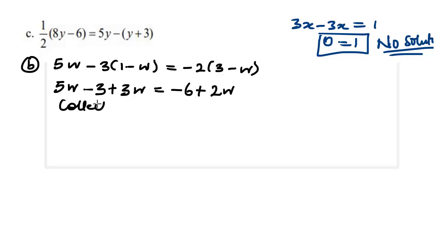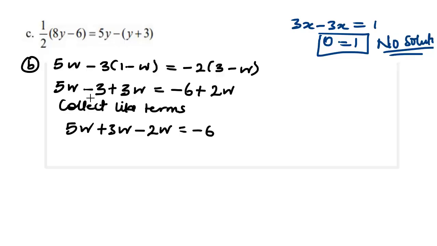The next thing is we collect like terms. So if we collect like terms, we have 5w plus 3w. Minus 2w is crossing the equality sign, so plus 2w becomes minus 2w, equal to minus 6. Minus 3 is going to this side, plus 3. 5w plus 3w will give us 8w. And 8w minus 2w will give us 6w. Minus 6 plus 3 will give us